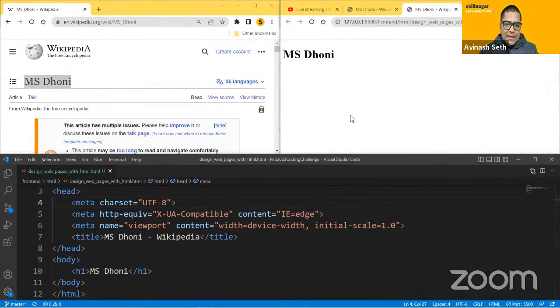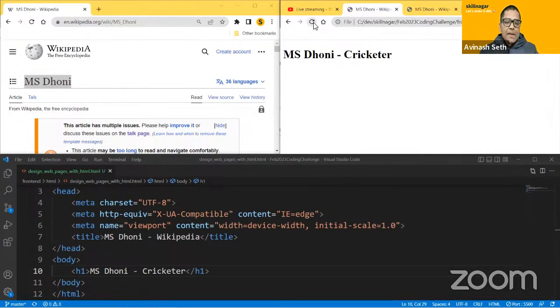And now you can see nothing has changed, but let me tell you what has changed. I will save the file with Control S, and now you can see changes are here, but in the previous format, the changes are not here. I have to refresh the page. Now you can see. So we are going to use this extension of live server, which is going to help us do everything amazing which we want to do.